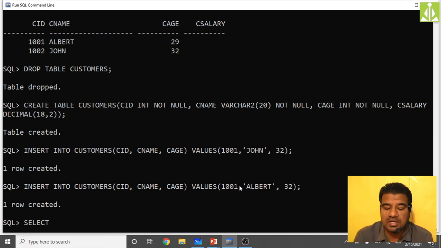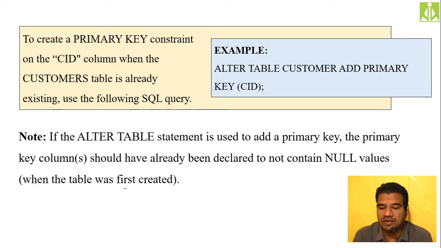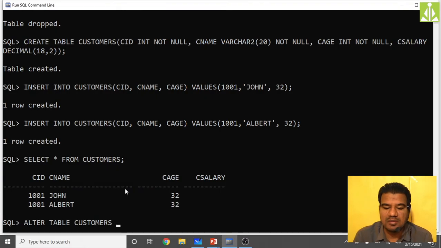Now just go and see what we have in the table. Select star from customers. Hit the enter key. See, 1001 two times, entries we have. So now, using the alter command, can I impose the primary key on this particular column? Let's see what type of error it will give us. Alter table customers add primary key on CID.